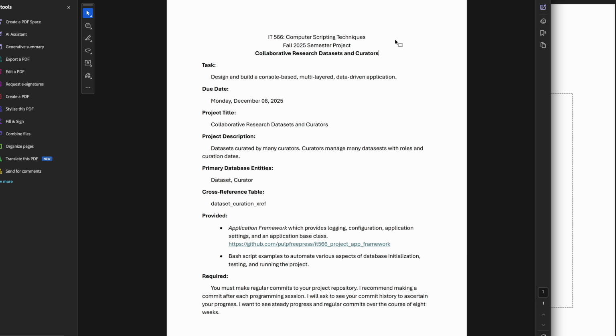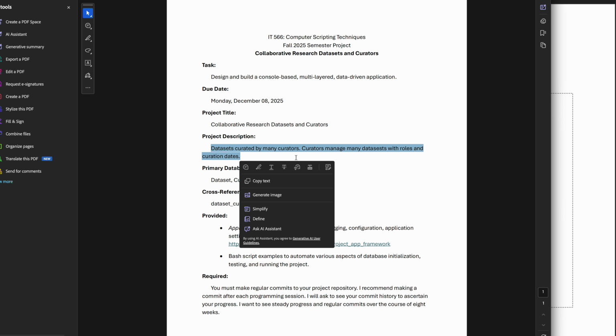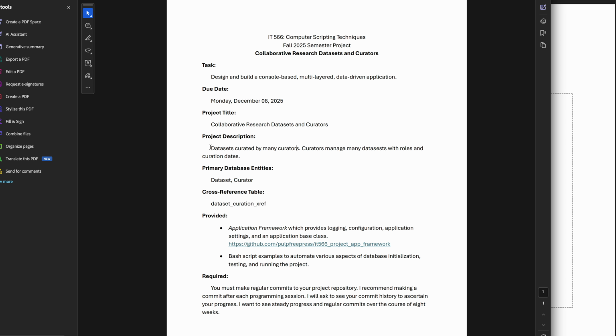Figure out what fields or columns go in those tables. You need to create your many-to-many relationship between those tables. And guess what? All that's covered in a chapter in the book. So then, the project description is just a very brief, terse statement on what the project is